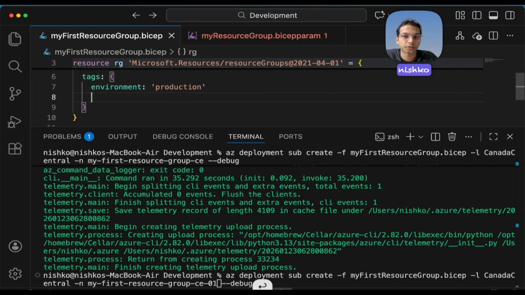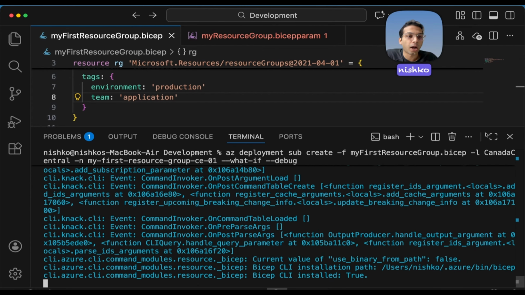But let me, for the sake of it, write team, and I will write team application. Let's say it's the resources for the application team. I provided a new tag, and it's going to modify the existing resource. Okay, let's now use the what-if command to show